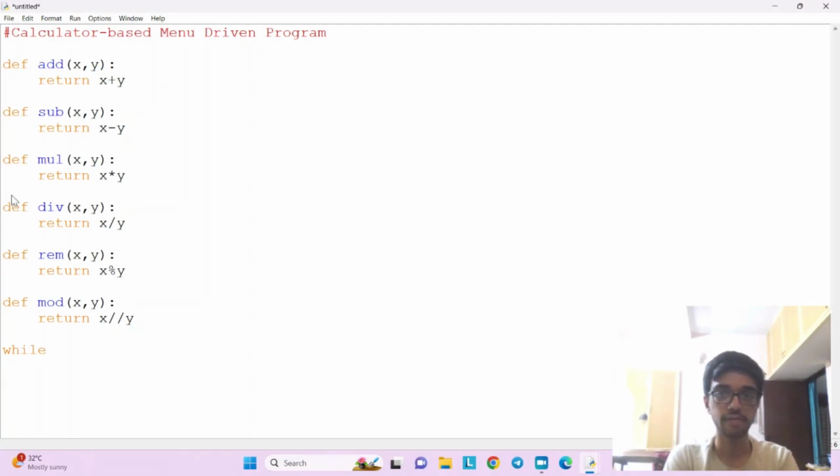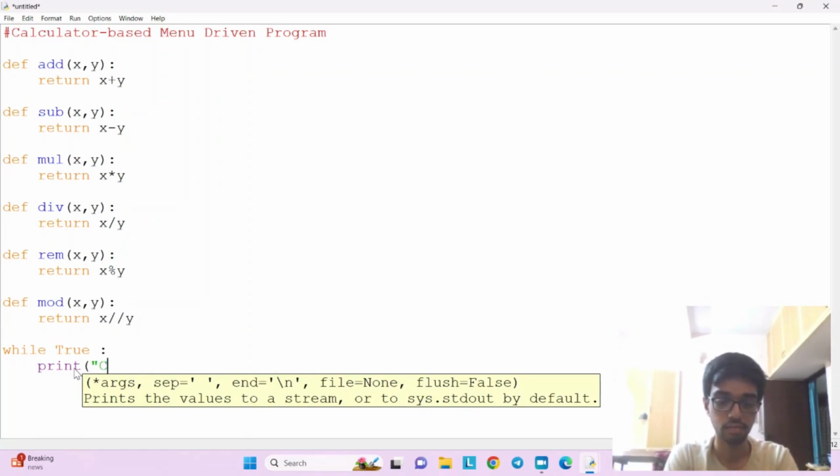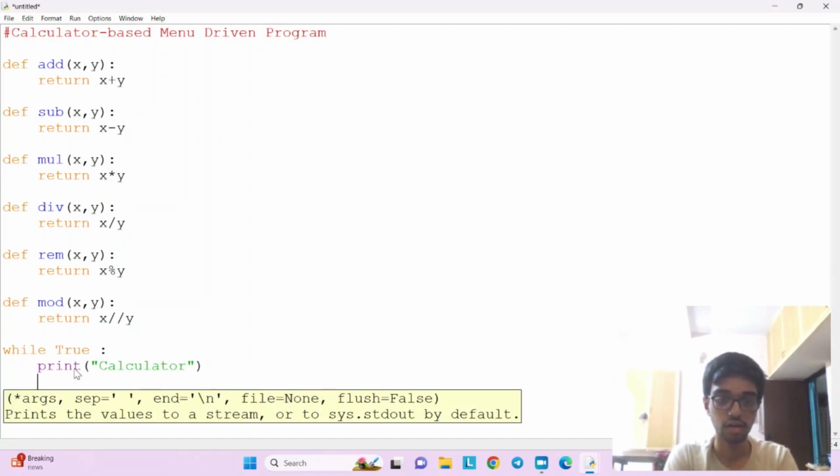After doing all these functions, I'm going to start with the main menu. I keep it in while True because you should keep it running forever. You don't want it to end only after one iteration, do you? Calculator. Okay, print, enter, \n for a new line.